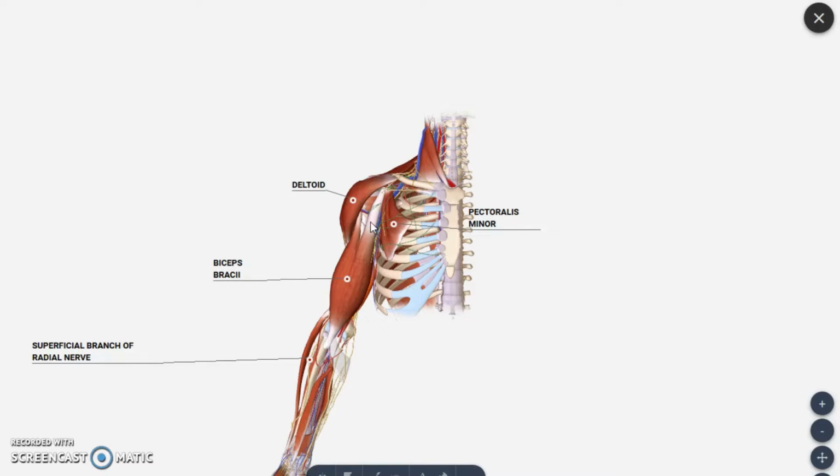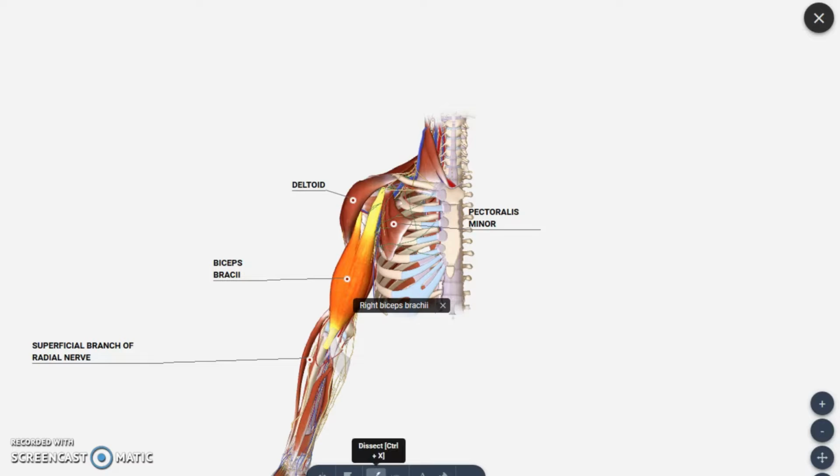So now you can make out the anterior compartment. The region which you are seeing here is the anterior compartment. In this anterior compartment, the first muscle you are seeing is biceps brachii. We call this muscle biceps brachii because it has 2 heads. Origin is happening for this muscle by means of 2 heads. Ceps means head, bi means 2. So by 2 heads it is taking origin, so we call it biceps, and it is present in the brachial region, so we add the name brachii. So biceps brachii is a muscle seen between the shoulder joint and elbow joint in the anterior compartment.